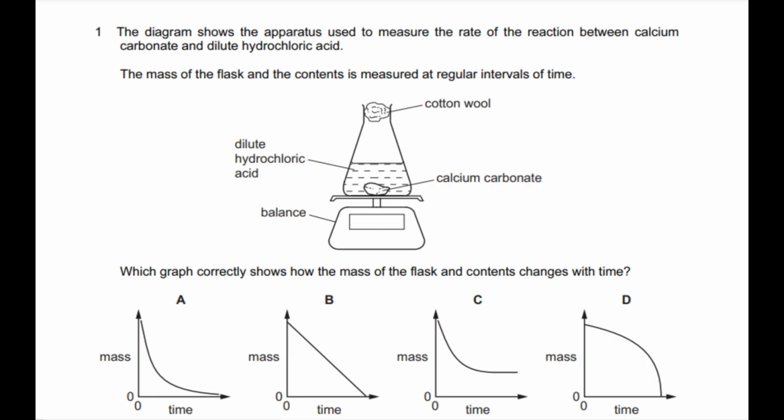It cannot be Bravo because the graph shows a very steep gradient which touches zero, and the mass doesn't become zero because only carbon dioxide gas is released. The same is the reason for rejecting Alpha, and Delta cannot be because it is not decreasing in a regular way. So let's move to the next question.